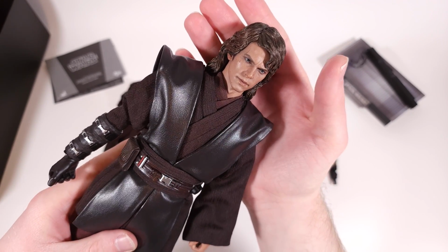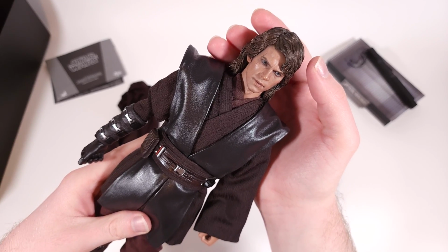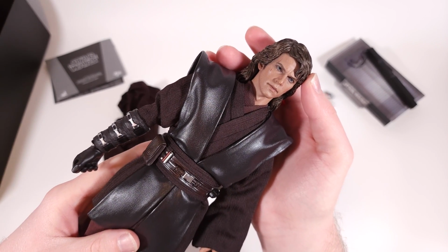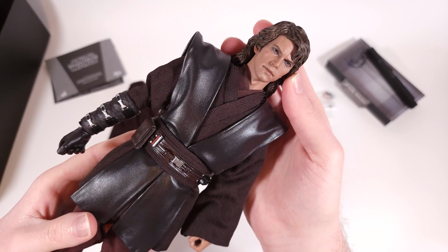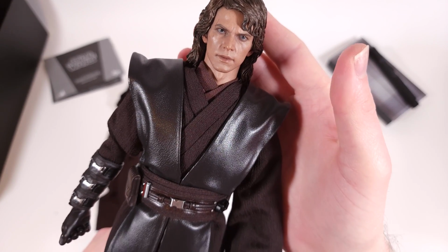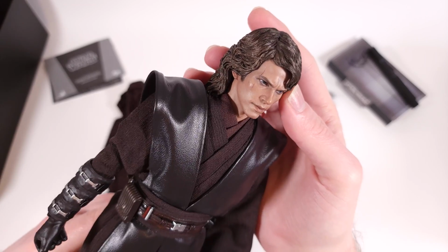So the face, the head sculpt, and the likeness is pretty dang good. I don't know what it is about Hayden's face, but so many toy manufacturers that try just fail horribly and it looks nothing like Hayden. I'm not sure what it is about his face. He just has a very distinct face. But sorry, I'm having an angle here. I'm just trying not to hit the microphone with him. But I think Hot Toys is like 95% there. It is definitely Hayden,